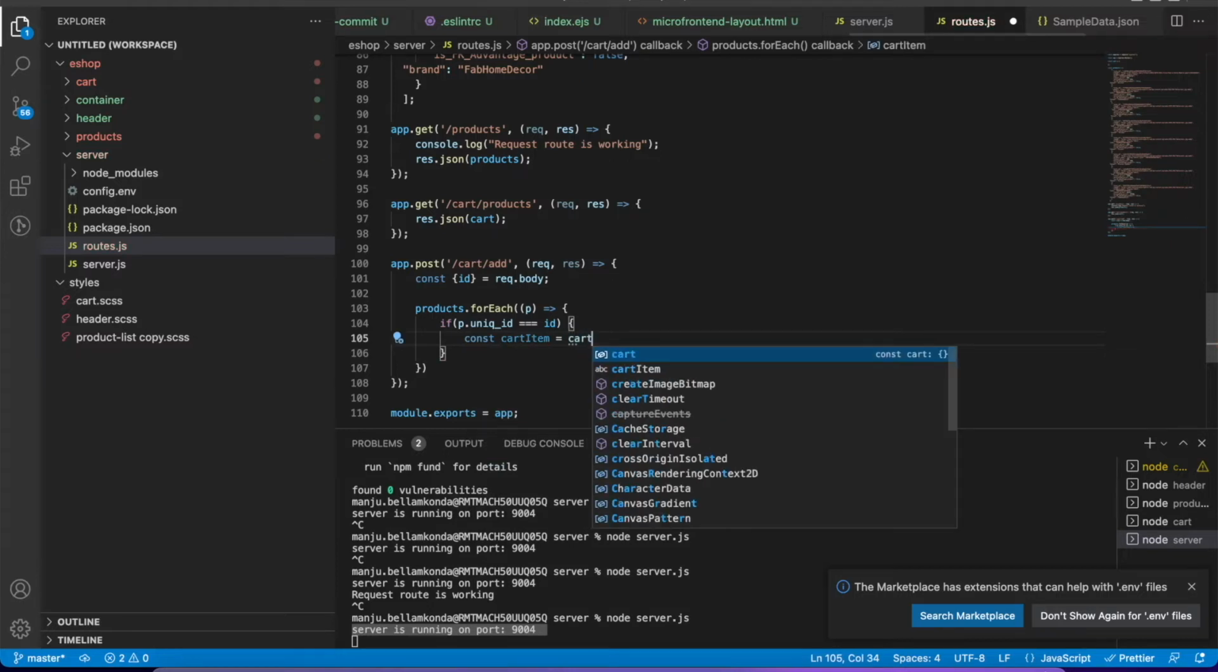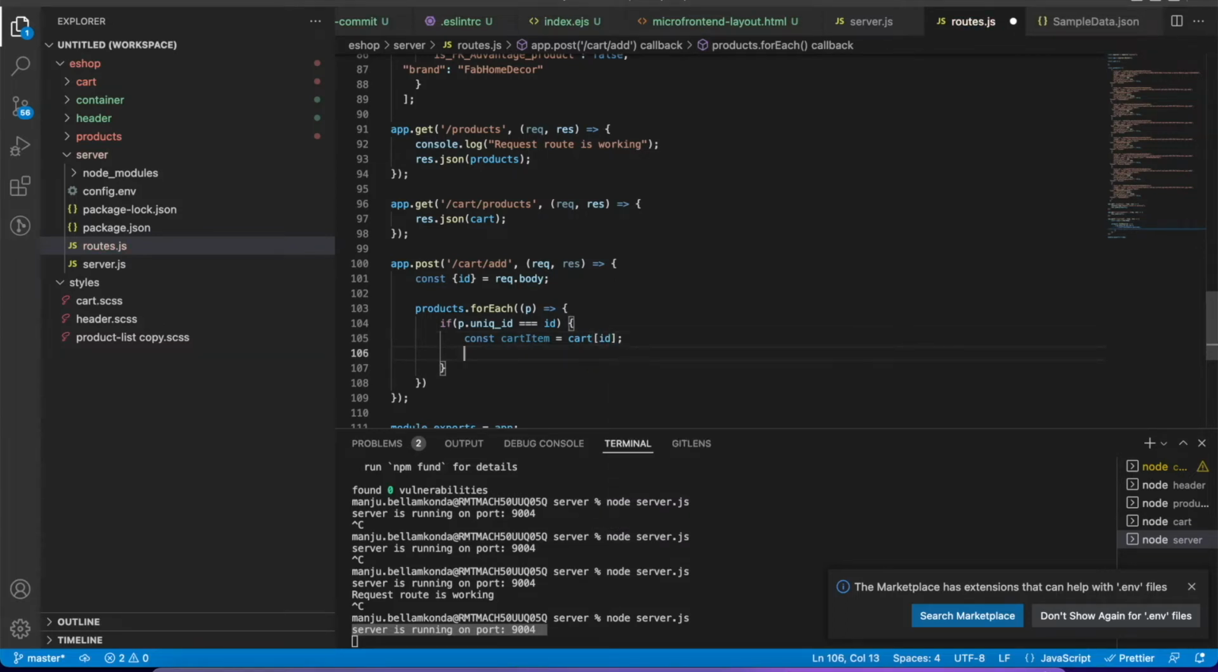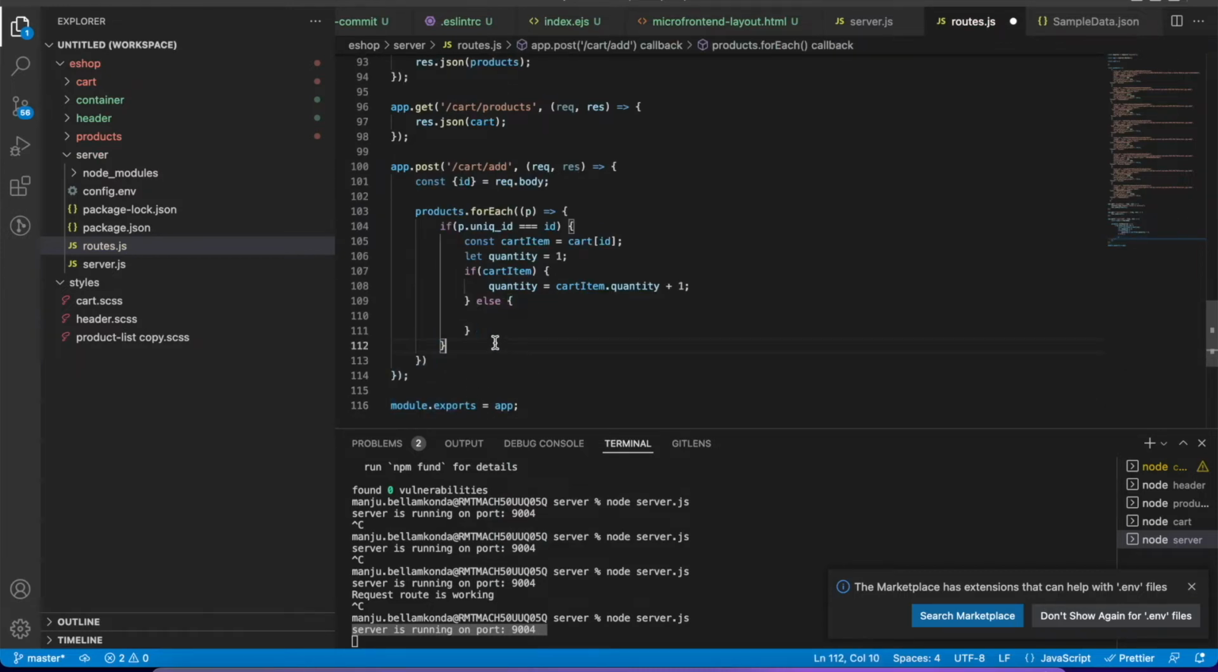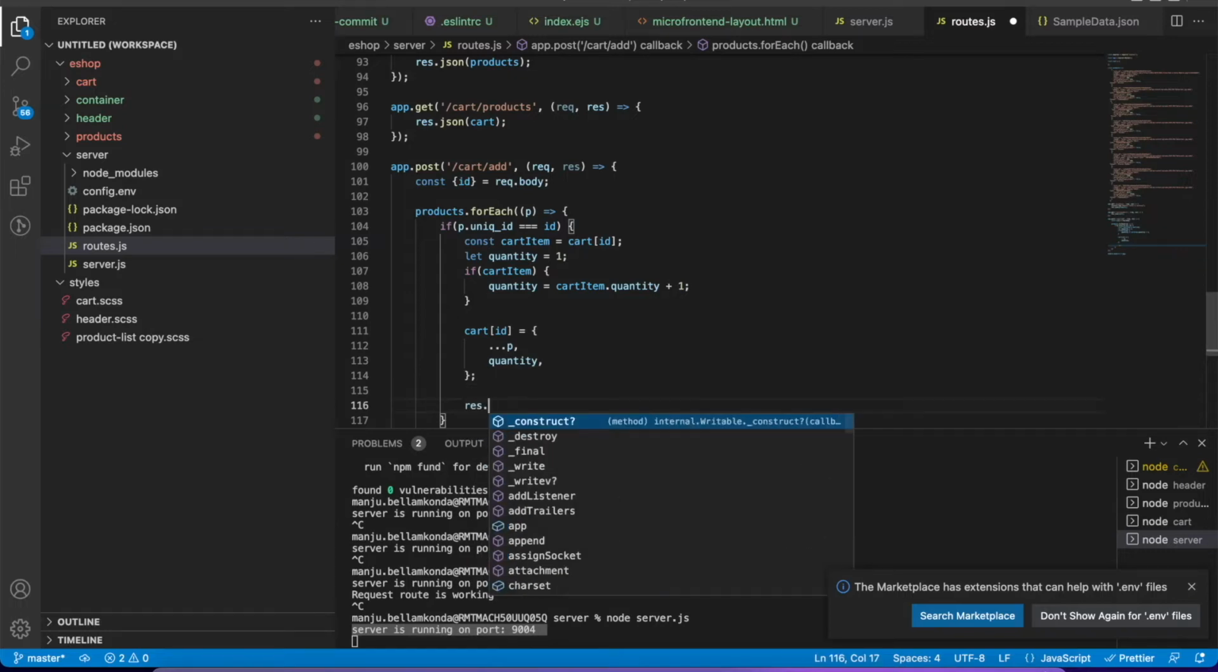cart item equal to quantity equal to 1. So if the item is already available in the cart, we need to edit the quantity. Otherwise, we need to basically add a new product to the cart. So if cart item is there, then quantity equal to m.quantity plus 1, else, let's not do else. Instead we can actually assign directly here p comma quantity, and let's send